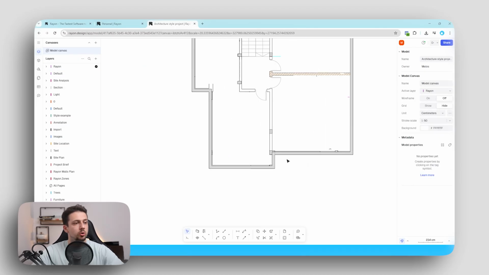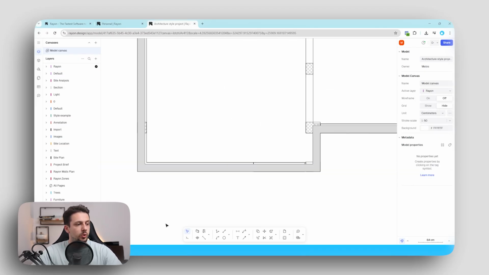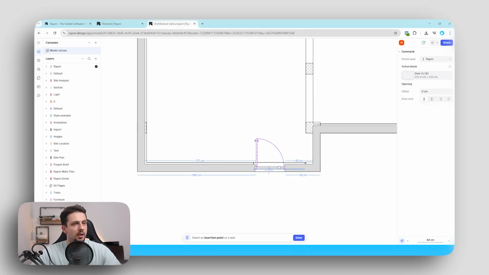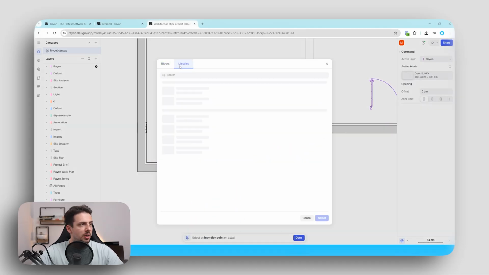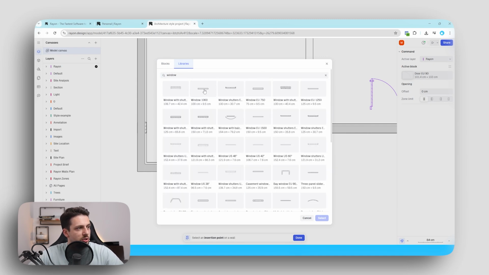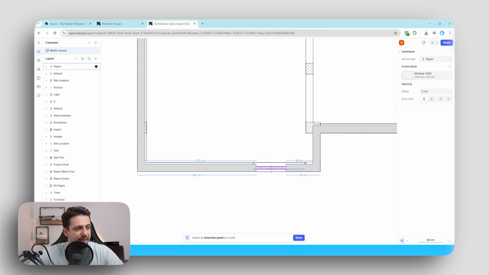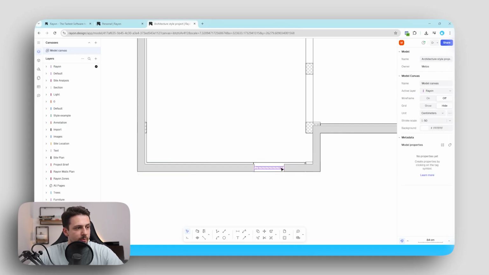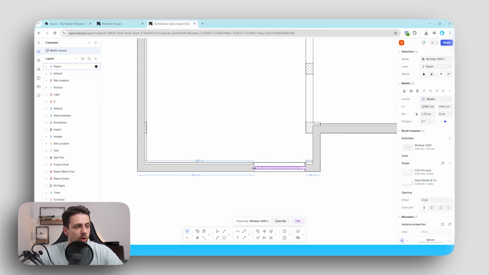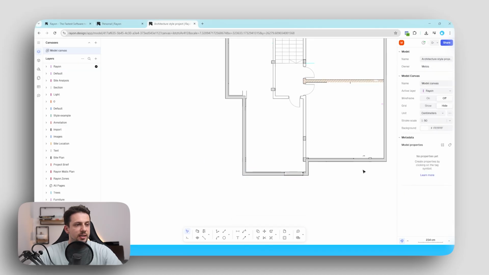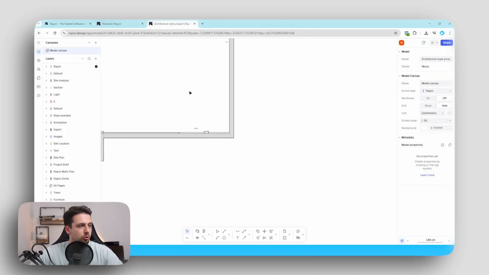Now, let's say we actually want to add openings to where the actual windows are. We can do that super easily. We can either go here at opening, and this could be a door, or we can also change it to another block. We can go here at libraries and just type in a window. We can choose something like this. We can select it, and then if we just click once, it will automatically be added onto our wall. We can also change the scale and the size of it, and we can do that also for doors, any